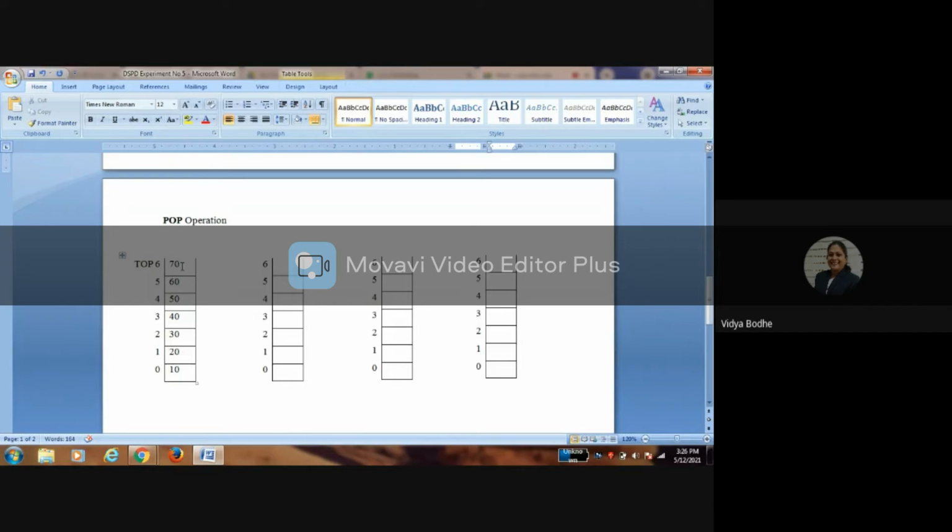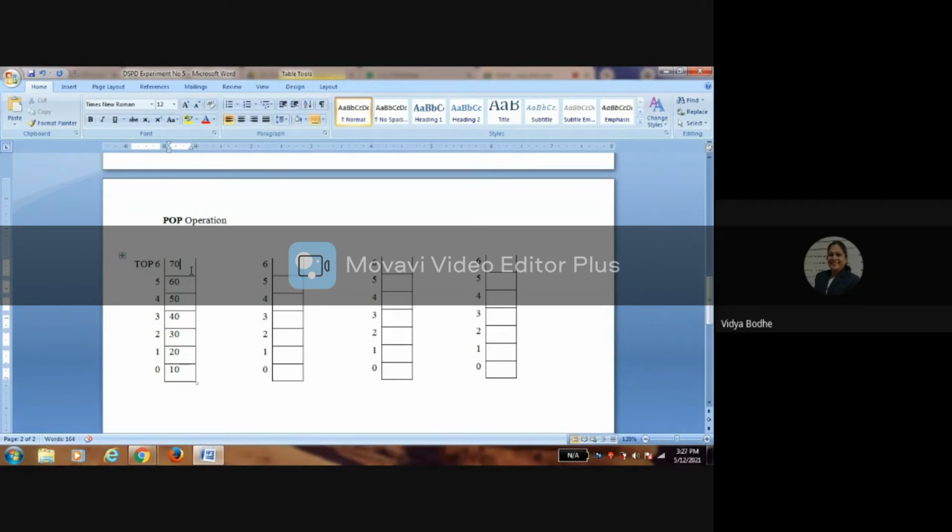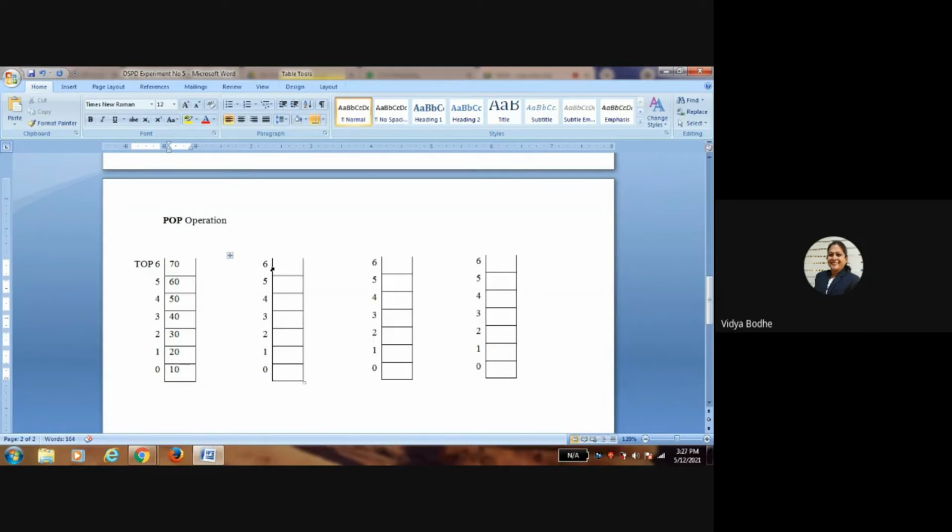Therefore, when we are going to delete an element in the stack, the element at the top will be deleted first. Here, the top is at 6 position and at the top there is the element 70. So 70 is deleted first and top will be decreased by 1.